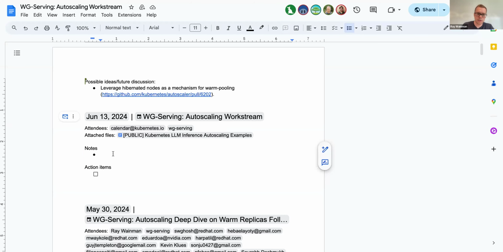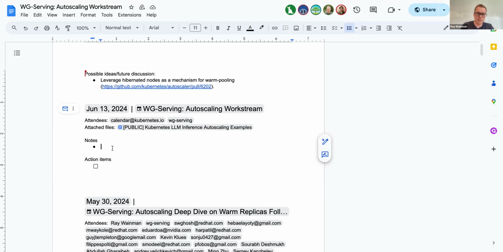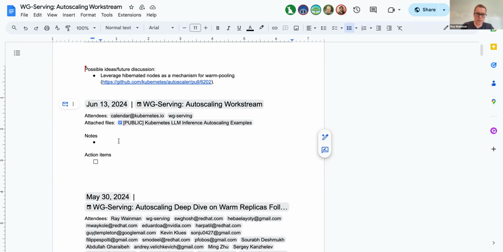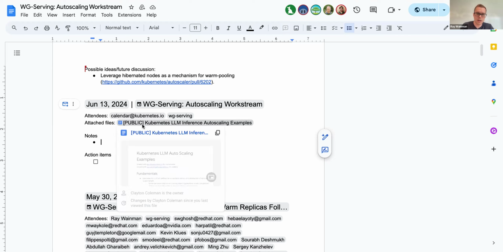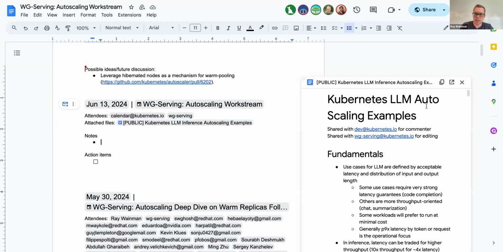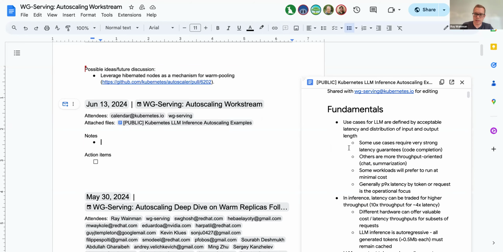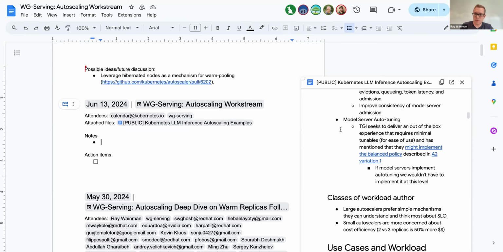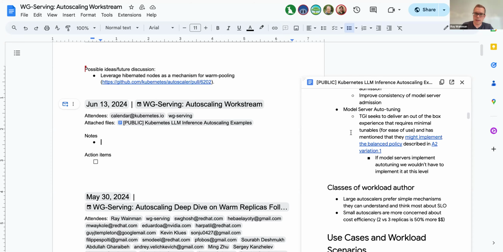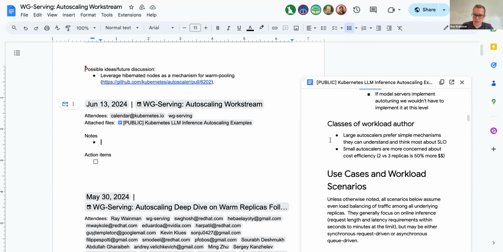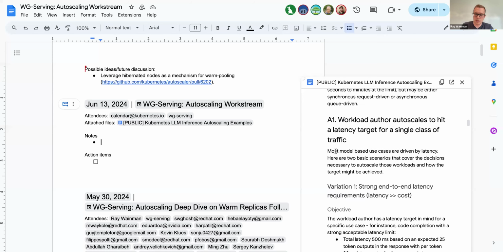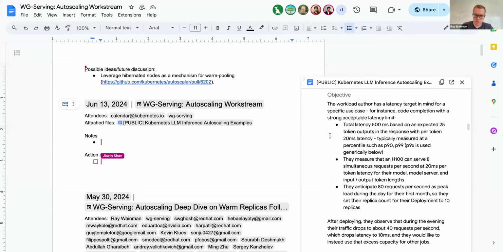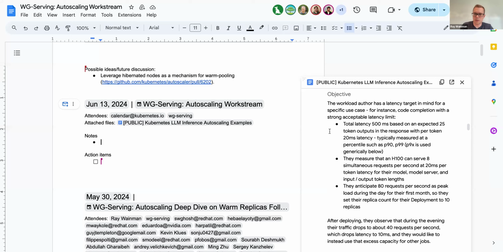All right, so we mentioned on the Slack channel that we wanted to discuss Clayton's doc about the various ways to set up your auto-scaling on basically model servers. There were a variety of scenarios discussed, and we wanted to cover these today and make sure that we all have a good understanding of what this is suggesting,